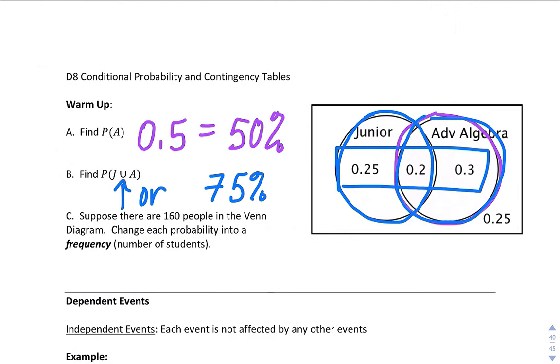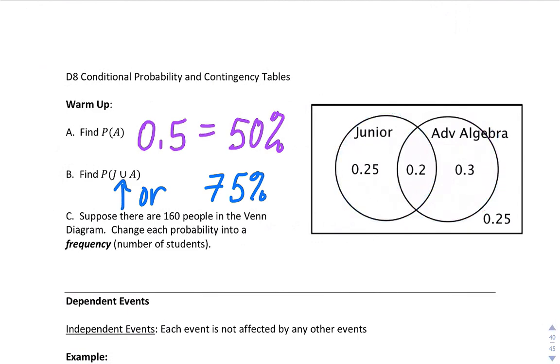C, suppose there are 160 people in the Venn diagram. Change each probability into a frequency number of students. And so we've talked about how if it's a decimal or percentage, you can multiply to figure out how many. So for example, just juniors, this right here. All right, so the 0.25, just juniors, we would do 25% of means times 160, and that would be 40 students,